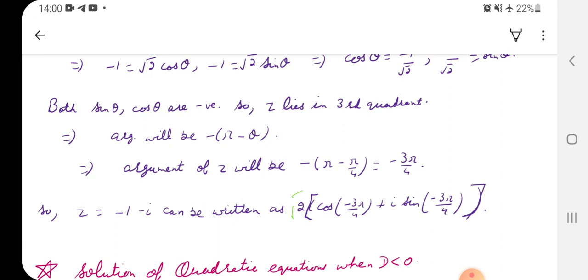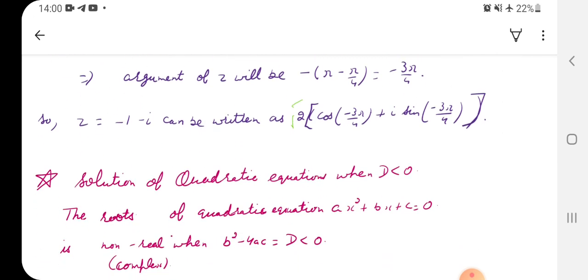Now moving to our next topic, which is quadratic equations. So you all know in the 10th class you all had discussed one formula for the roots of quadratic equation, that is discriminant method, right? In the discriminant method you all said that when the discriminant is less than 0, non-real roots will exist. Now in the complex numbers you have seen non-real numbers which are complex numbers. So when d is less than 0, then root will be non-real, that is complex numbers. So how we will find that roots, that we will discuss in this topic.